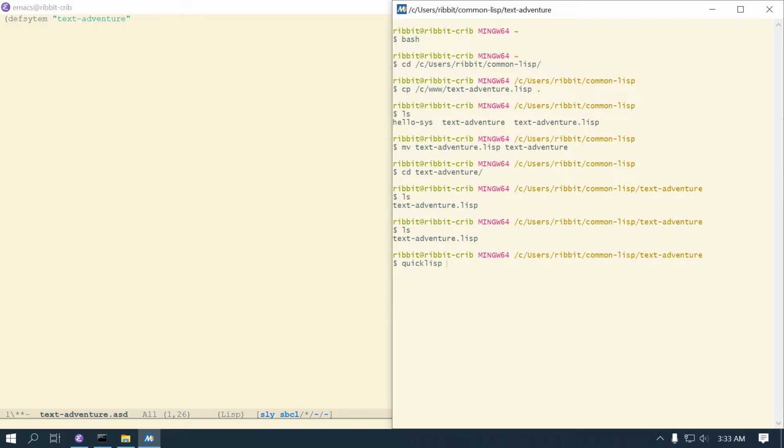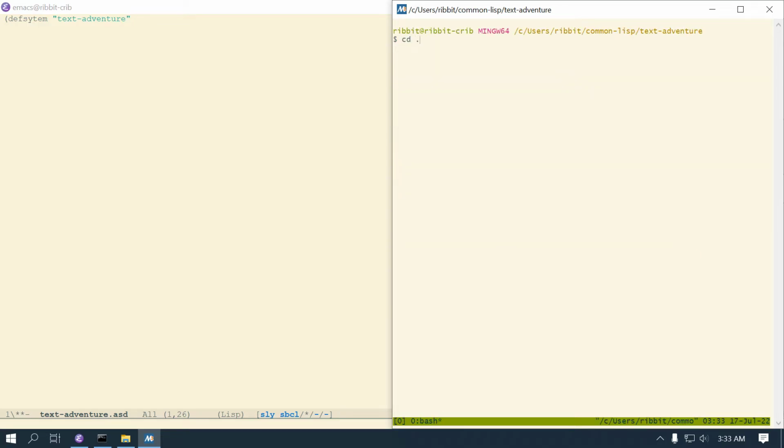So Quicklisp, the quick load, is going to look in this file. It's also going to look inside my, I should have just started tmux, but it's inside the users file. So if I was to say cd ../.. and then is there a quicklisp here? Yes. So Quicklisp is going to look inside local projects, which is where it expects all the stuff you're creating. So usually in Quicklisp, the stuff you're creating you put in here, and then if you go inside